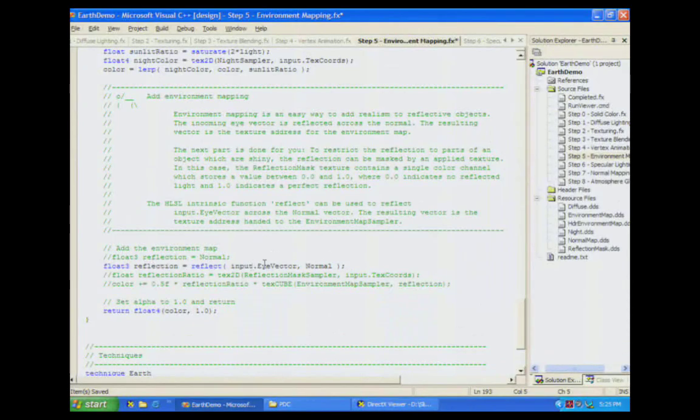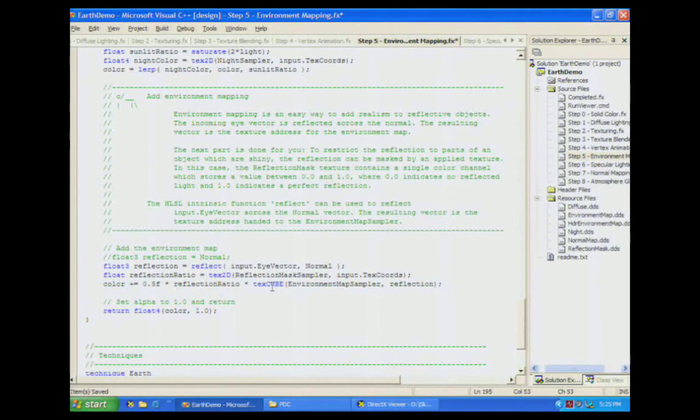I'm going to take the I vector, I'm going to reflect it into normal, which gives me back a reflection vector. I'm going to calculate a reflection ratio, and the ratio I'm going to do based off of another map, which is a mask. All that mask has on it is the water of the Earth. And it has values for the water because only the water is going to be reflective. So I'm going to use that by sampling that texture to give me back a value that I'm then going to modulate